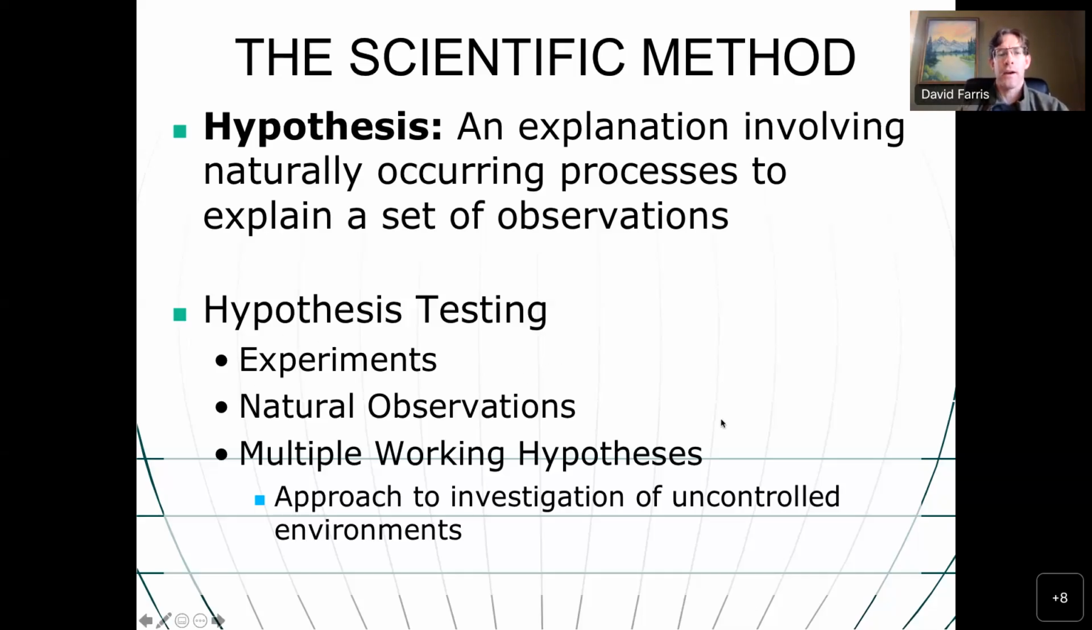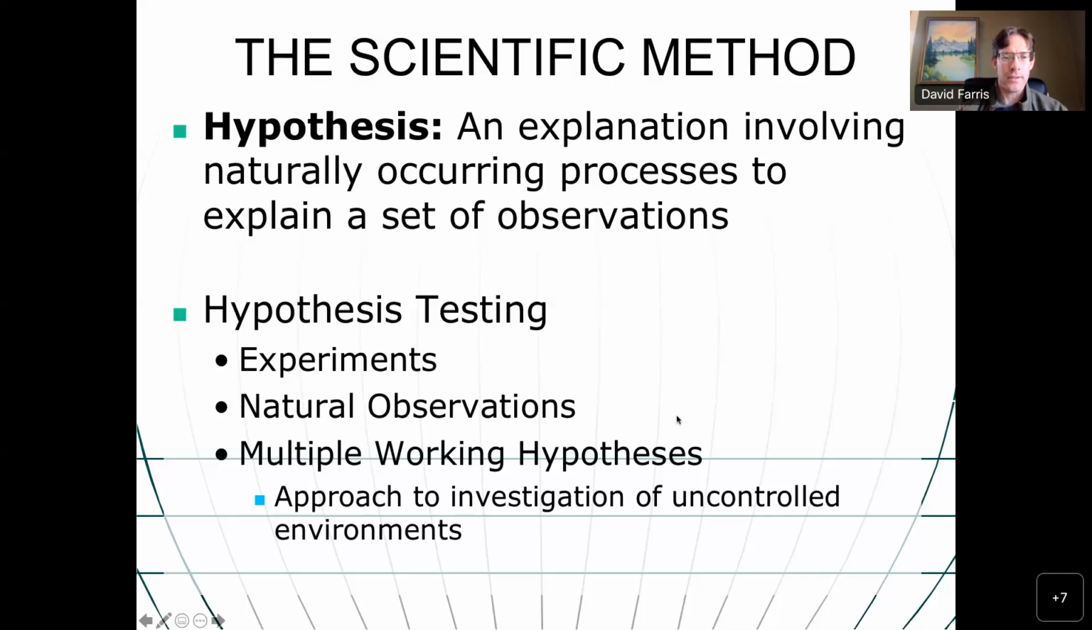Other types of hypotheses are more difficult to do these simple types of experiments on. And so the geosciences are one of these types of fields where, if we're trying to understand our planet, we can't make basically a separate planet and run the entire history of our planet, because it's taken 4.5 billion years for that to happen. And so a lot of geoscientists use natural observations